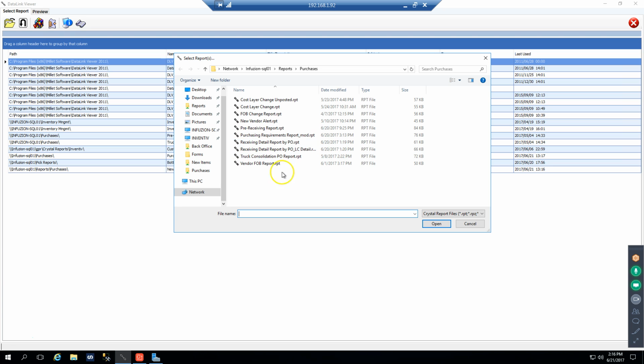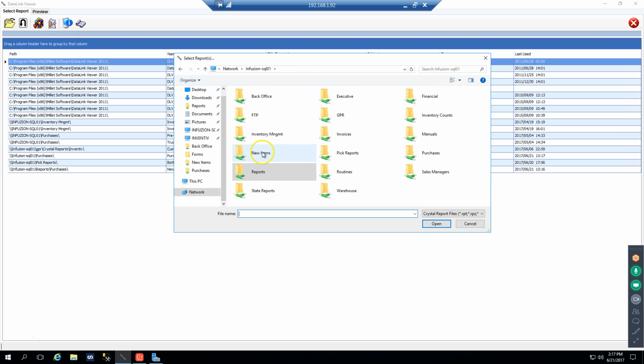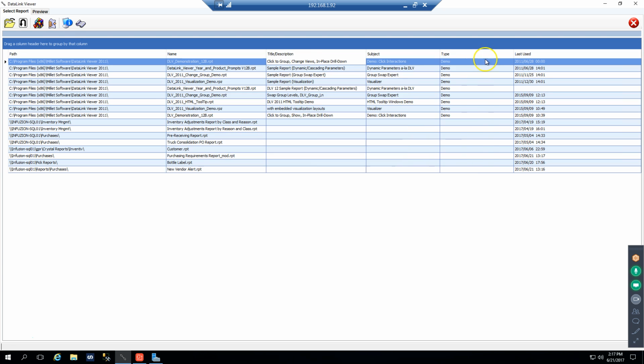So you just go to your reports folder. So you'll have to close out of your bill and go to the reports folder separately. See how you launched it through data link viewer? Just close this window. And go down to your folder at the bottom on your